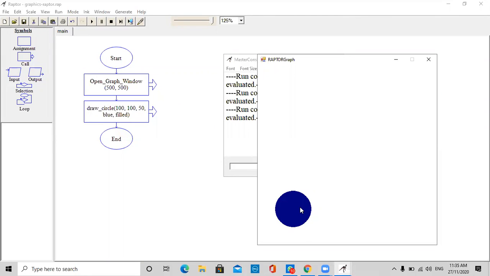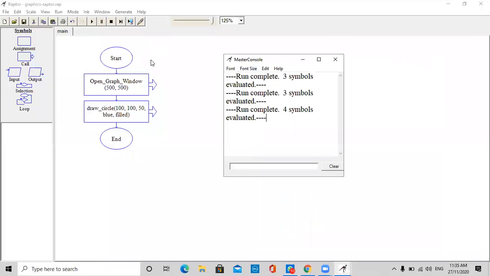So we don't require any assistance. We can just find out which functions are available for drawing purposes. I think we are all familiar with what those shapes and diagrams are, so we can straight away use them. Sir, what is that 100, 100, sir? The x and y coordinates? Maybe the center point of the circle.